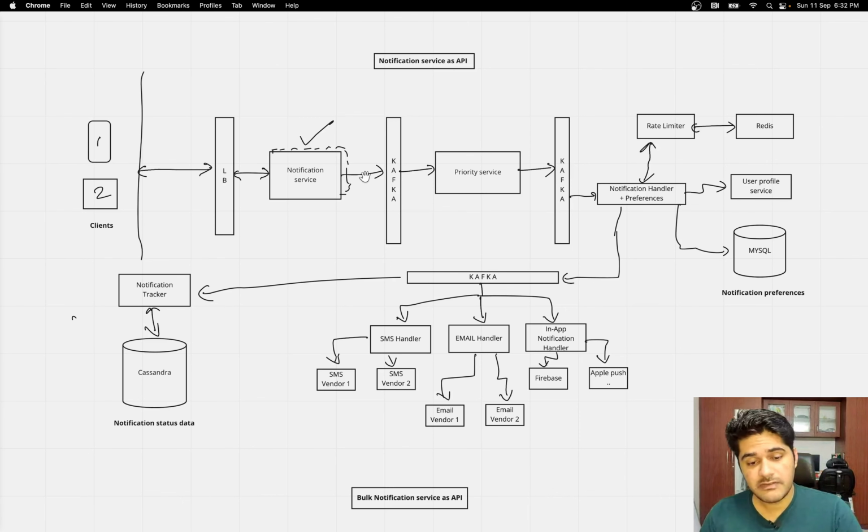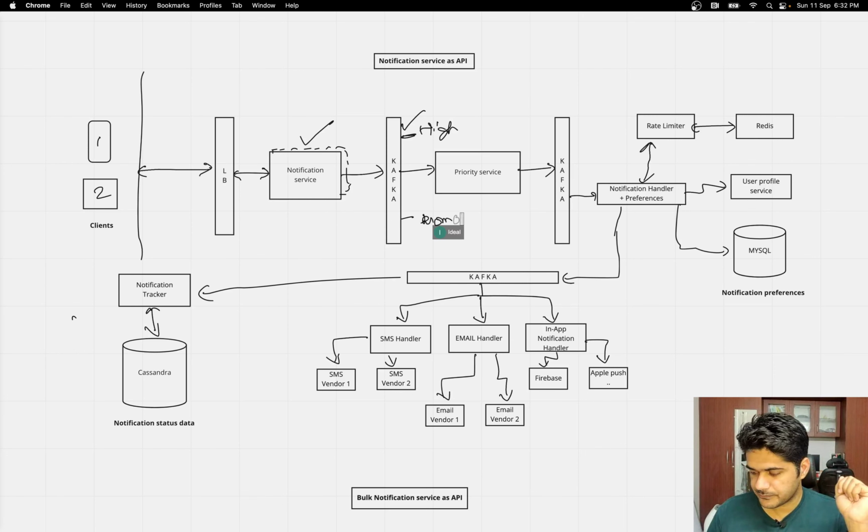Then I'm going ahead with an asynchronous system where you will feed all those requests into a Kafka. By Kafka I mean basically an asynchronous system, right? So here you can have different topics. In a Kafka, obviously there can be a topic with high priority notifications. Then you can have low priority or promotional notifications. Likewise you can have different categories, right? So there can be different topics in this cluster.